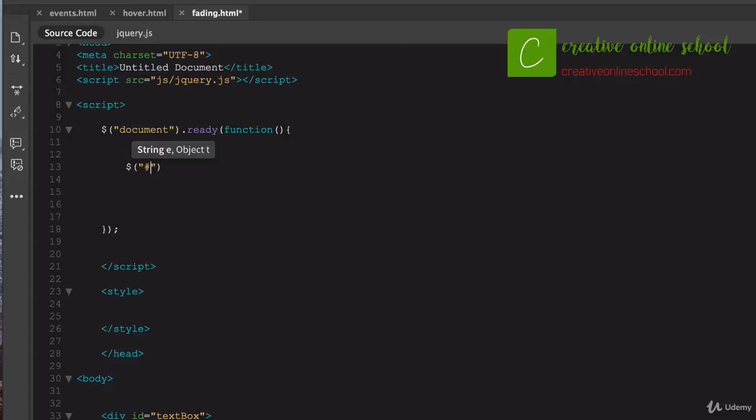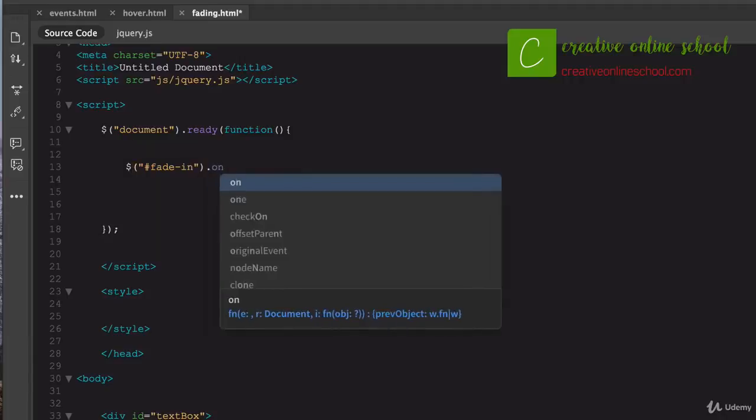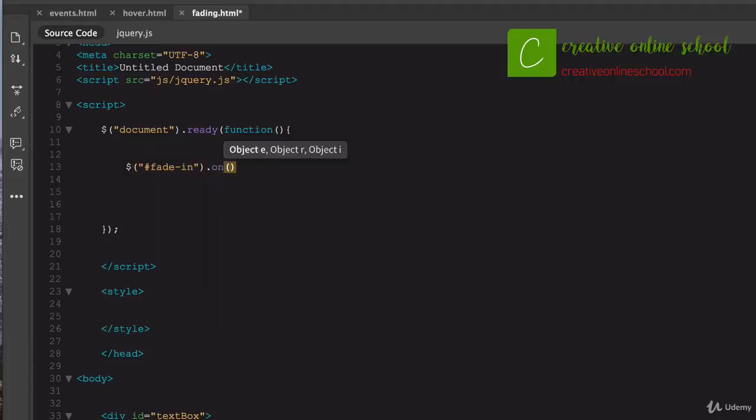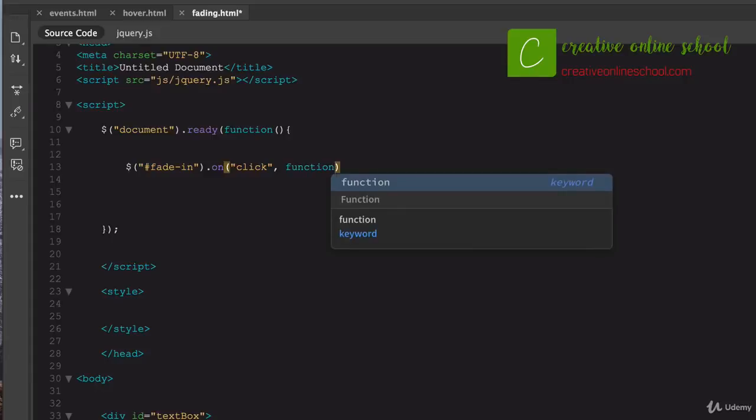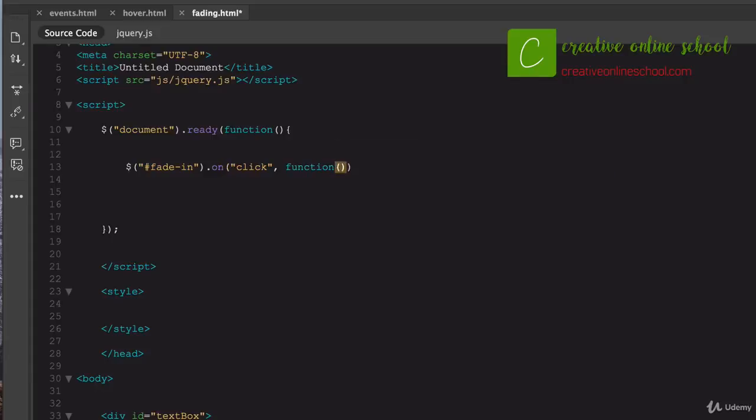And I'm going to target an ID this time, and I'm going to say fade in. So when I target this, I want the object to fade in. And how do I want it to happen? On, do an event here, on, click, and add the function of how that's going to work. So say open and close parentheses, open and close curly brackets right there. And within there, we will say,